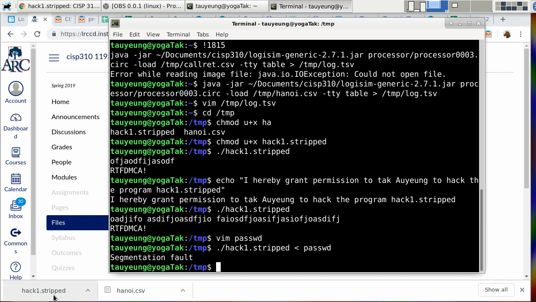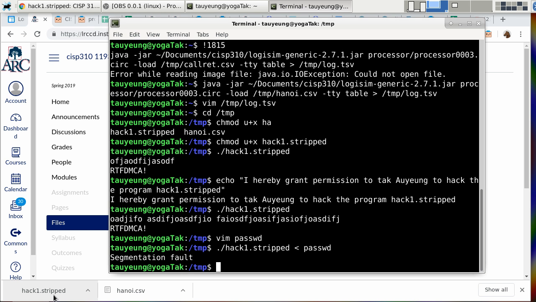So now that I have crashed the program, what do you think is the next step? This doesn't tell me how the program died. I need to find out how the program died instead of just the fact that it died. So what is the tool that can help me figure out how the program died? We have used that tool already in this class. GDB,